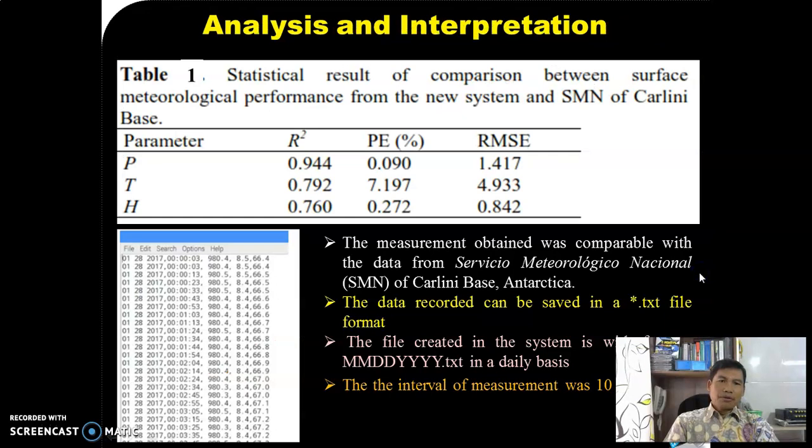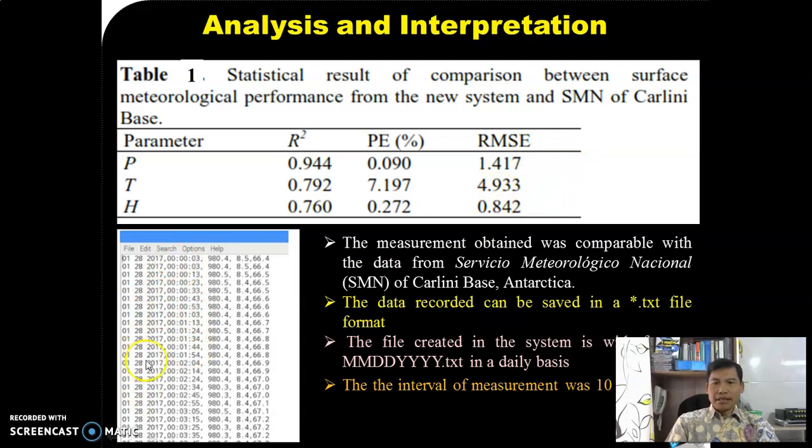From the measurement we can see strong correlation between our measurement and the data from Carlini base for pressure, temperature, and humidity, with small error in pressure and humidity, but for temperature we can see around 7% percentage error, and root mean square error is around 5%.